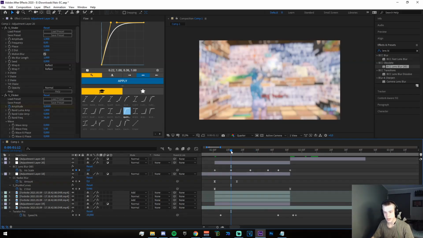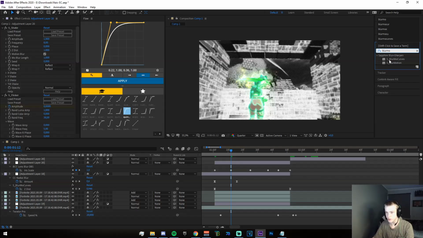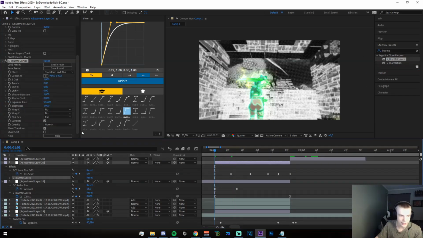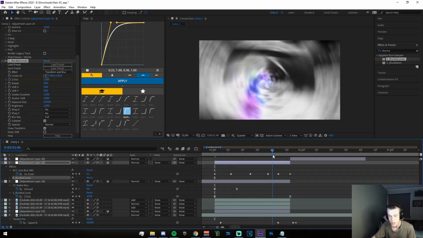Now, for the actual zoom in to the right side, we're going to be using Blur Mo Curves. So just go ahead and search for that. Apply that to the same adjustment layer right here. We want this to start at the start, obviously. So just keyframe the Z distance. Go to here, a bit before the actual impact starts. Set the Z distance like